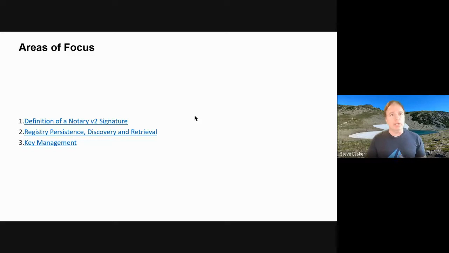This is broken out into three major areas of focus that we've been taking in the team. One is obviously defining what exactly is a signature. And we have a pretty good form of that today. Then it's great to have signatures, but how do you get them to go with the content? We thought about making registries know very specifically around signatures, and we just didn't think that was a very good scalable idea.